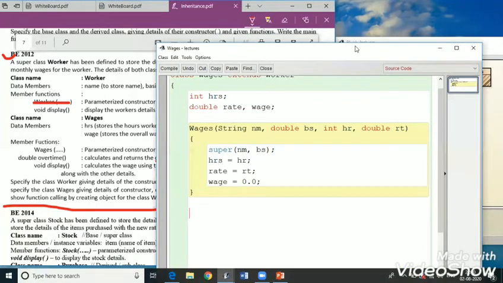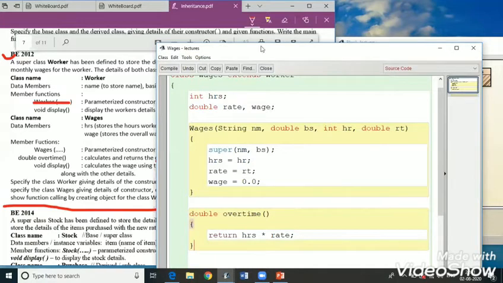Okay, double overtime will return hours, hrs into rate. So we get the overtime according to the given formula. The formula is given here, overtime amount as hours into rate.